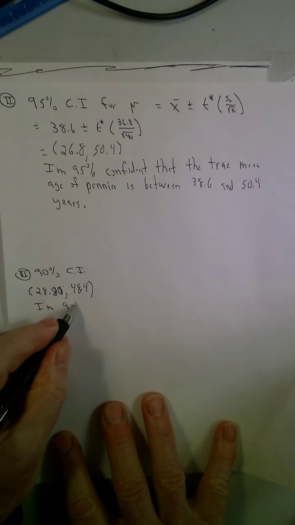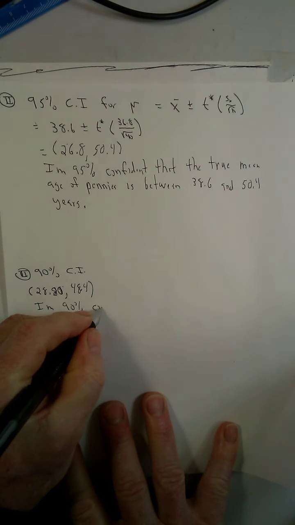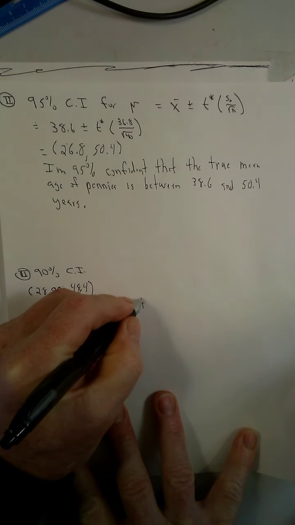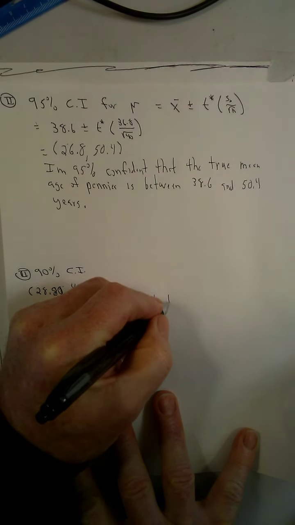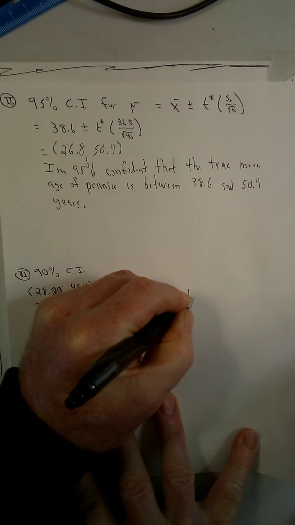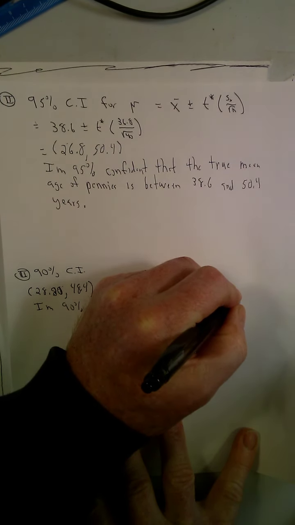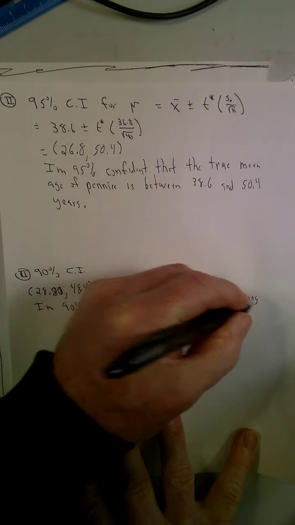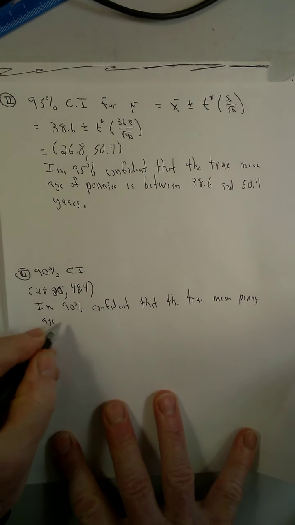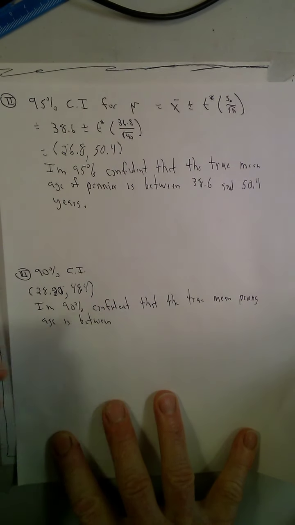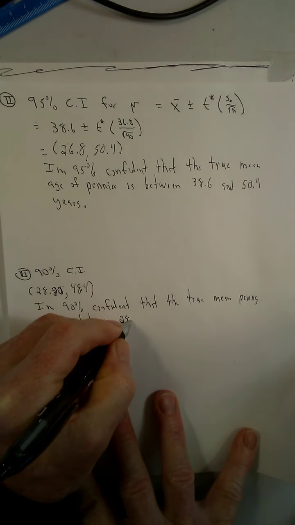I'm 90% confident that the true mean penny age is between 28.8